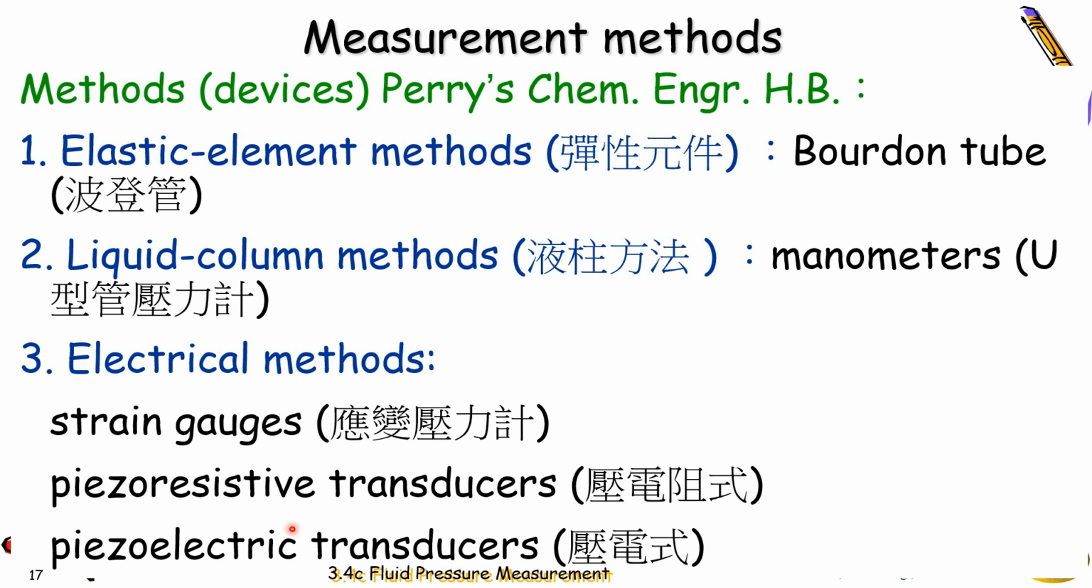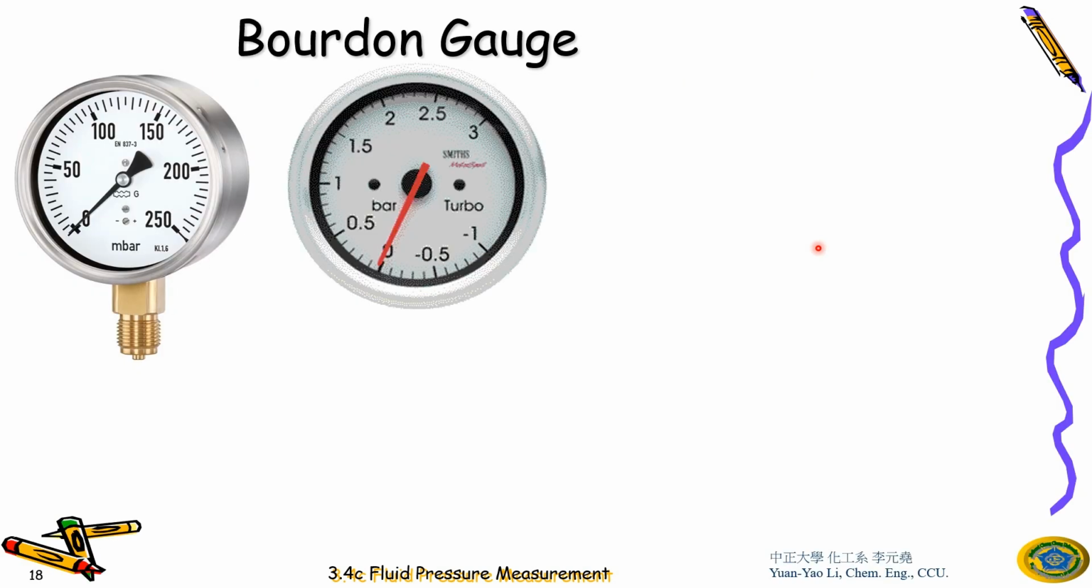But I don't want to tell you this in detail. You can check this if you are interested. If you are interested in understanding transducers, just Google it. I'm sure you can find a lot of information about this. But this one is more practical at this moment, so I want you to know this. It's called Bourdon gauge or Bourdon tube. So what is Bourdon gauge, Bourdon tube? I want to show you here that